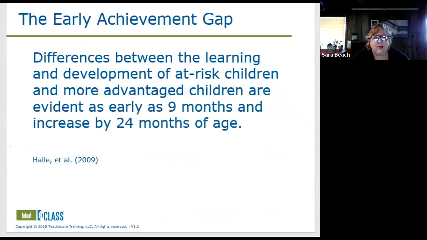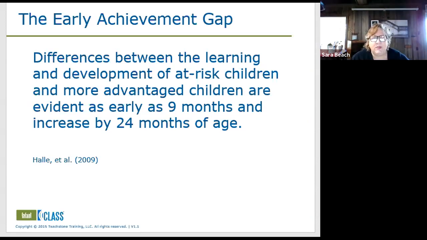And if teachers ask, why are we doing this? Why are we focusing on this? Why are we putting so much emphasis on all this? This is a really good reason. There is a huge achievement gap in the country that's been there for a long time. It's based on inequities that have been in our systems going back hundreds of years.